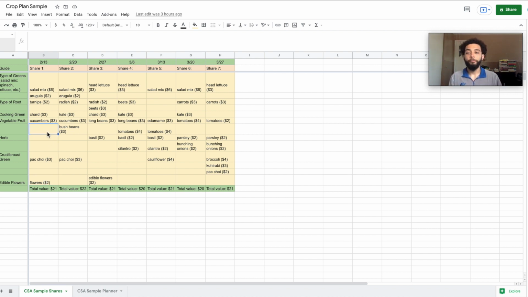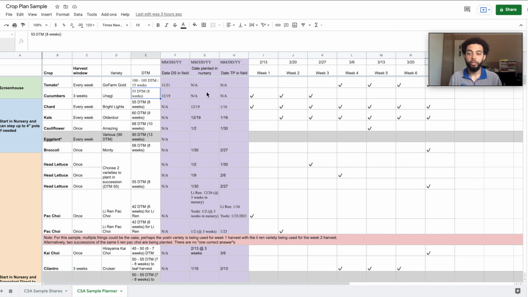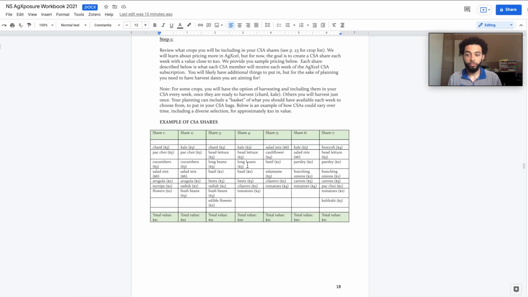But yeah, from this portion, from the CSA shares, you then go into the CSA planner, and this is actually step 2, right? So the DTMs, this is just a lot of time, right? You just have to go through the crop list that we were given. So at the end of the